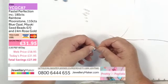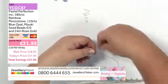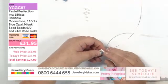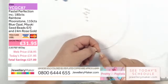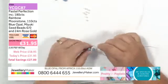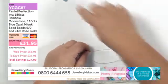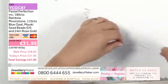You nestle it up so that the wire sits. You're taking your weaving wire, your wrapping wire, around your static wire as close to the opal as you can get it, and just go around once. So that takes that down to the bottom. You can shore that up, just pull that along a bit, and you just carry on like that, alternating, adding the opals to the length, to the bracelet length,